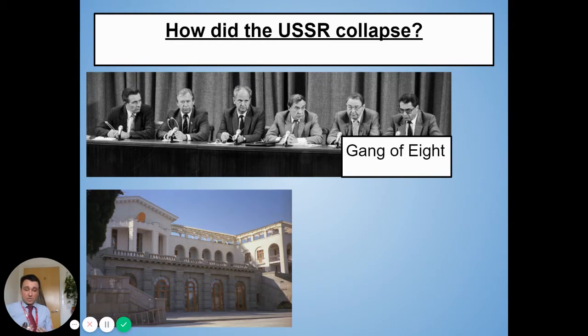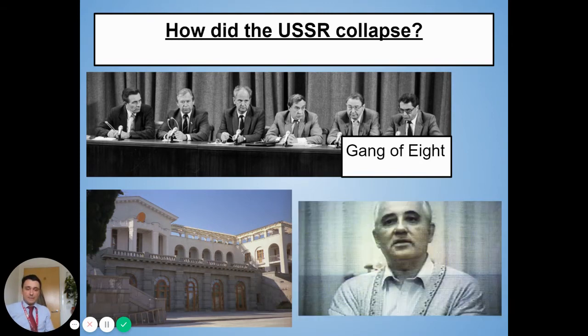And they said, sign documents to say that you're stepping down. Now Gorbachev refuses to sign anything. In fact, he makes a home video explaining the situation which he tried to smuggle out. And the Gang of Eight weren't expecting Gorbachev to not back down over this, and so they're now wondering what